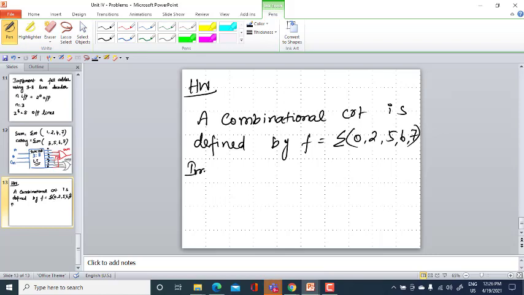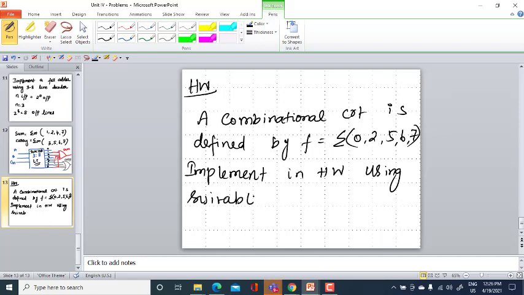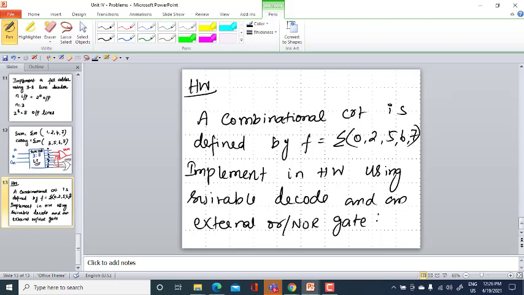Implement the function in hardware using a suitable decoder and an external OR or NOR gate having minimum number of inputs. Okay, minimum number of inputs. This is one homework problem.